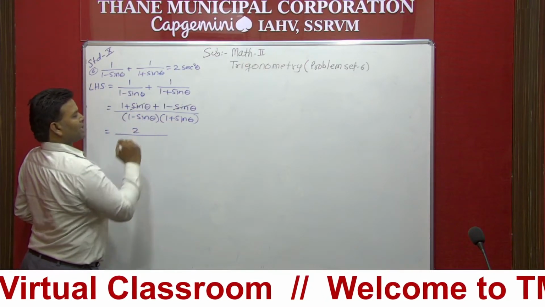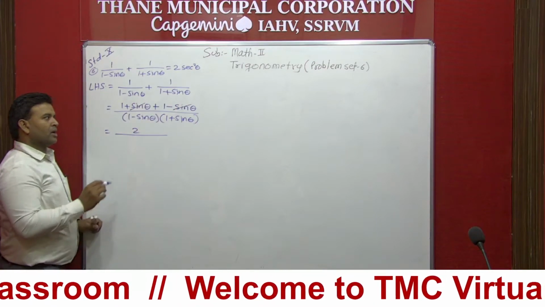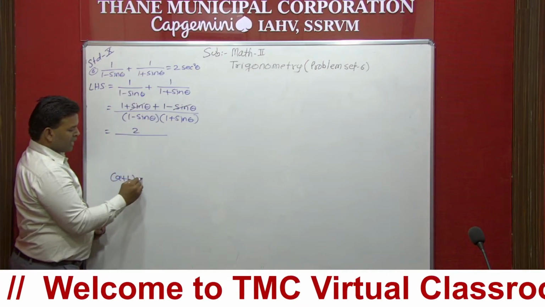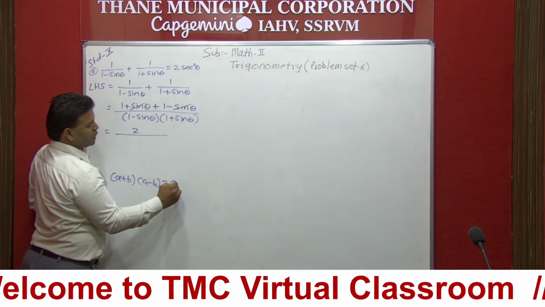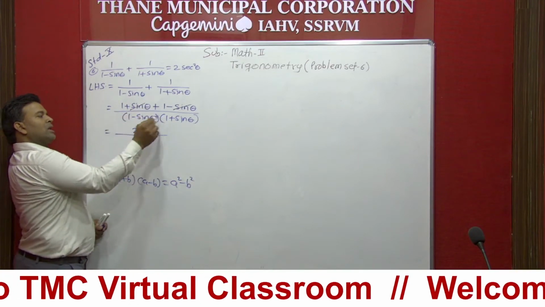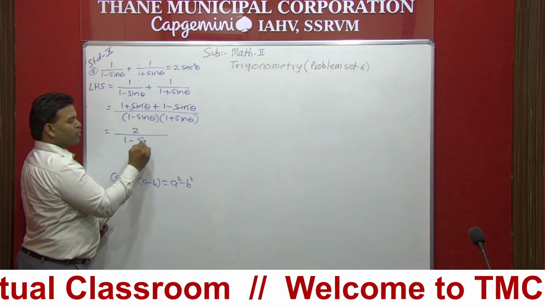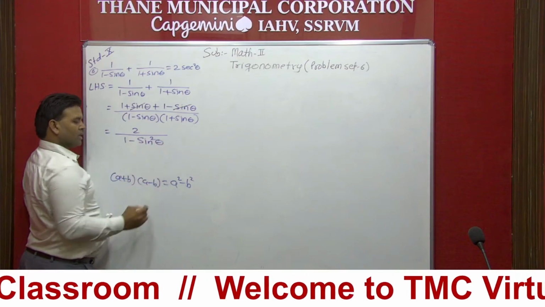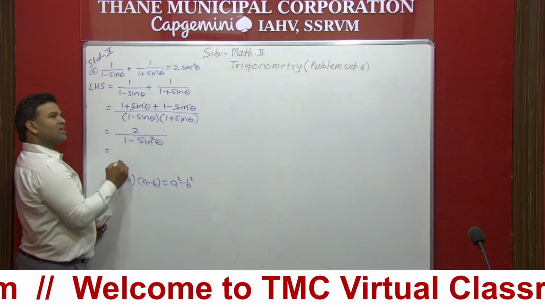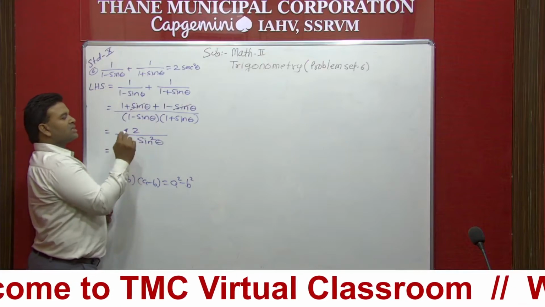Now see these two brackets. These two brackets are an identity. In the first question I told you the identity: a plus b and a minus b, that is equal to a square minus b square. Same property I will use here. 1 square minus sine square theta. So after writing this identity, now see 1 minus sine square theta, this is coming the third time. It was in the first question, also in the second question. Now I think this is occurring the third time.